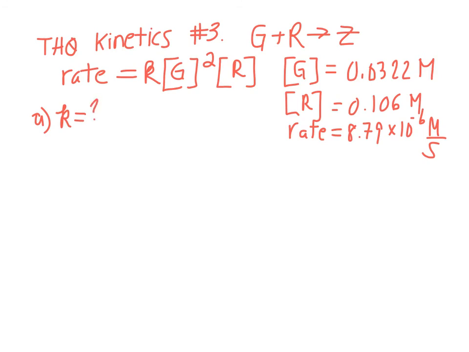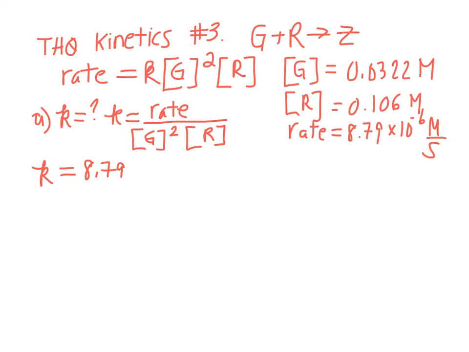So what we might as well do is solve for k. k is going to be equal to rate divided by the concentration of G squared divided by the concentration of R. We just substitute the numbers in. k is equal to the rate, so the rate is given at 8.79 times 10 to the minus 6 molar per second. Divide by G squared, which is